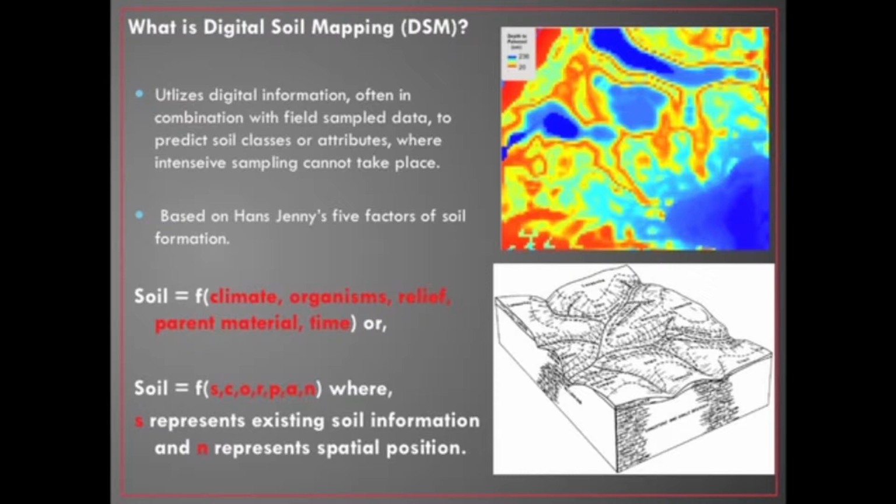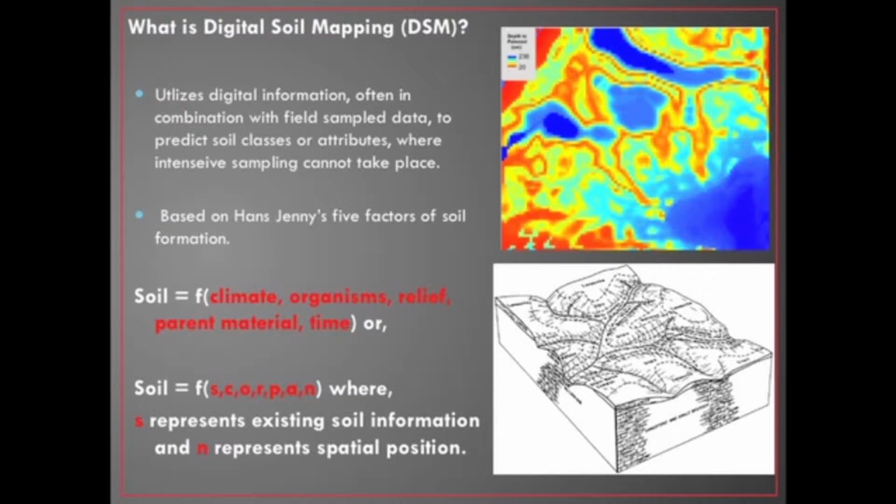This was later developed into a more digital method called SCORPAN, which adds to the 5 soil forming factors existing soil information, so what we already know, what a soil survey map says, and most importantly, N, which is our spatial position. This is the idea that a soil that is in this spot is impacted by a soil that's next to it, and things are spatially related, and we can therefore use geostatistics to perhaps extrapolate